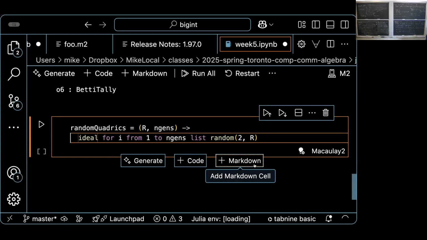So random quadrics is a function. It takes 2 arguments, R, which is going to be a ring, and number of generators. And basically it takes for i from 1 to n gens, that's the number of generators. You make a list of that number of polynomials, random of 2, R is a polynomial, and you make an ideal of it. Okay. So it's just an ideal. That's a function. So if I run that,